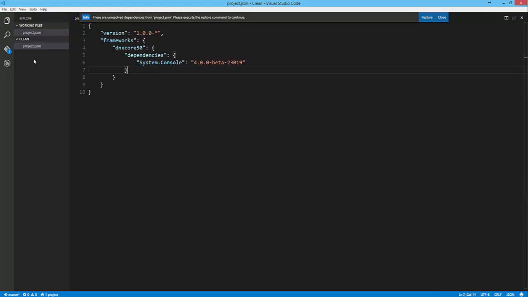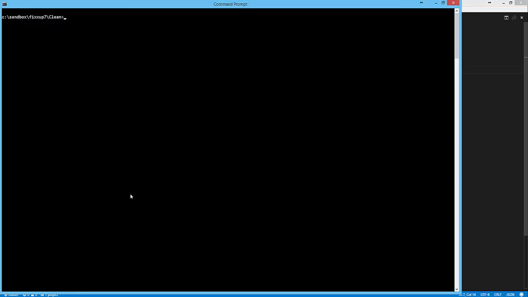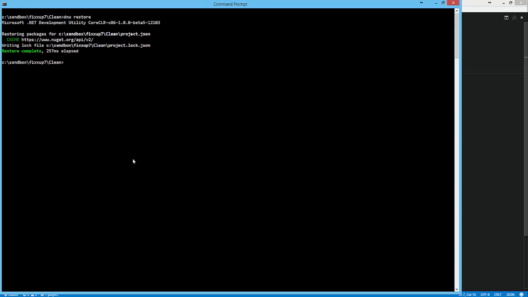Save this, and now it tells me, okay, I've got some unresolved packages or dependencies from the project.json file, and we need to go and restore that. So what I normally do is I go back to my command prompt, and I use the DNU utility to say restore, and that will go ahead and restore my packages that I've specified.